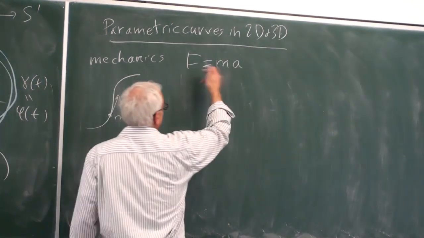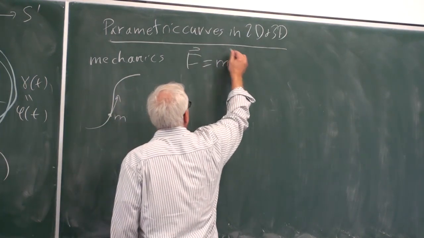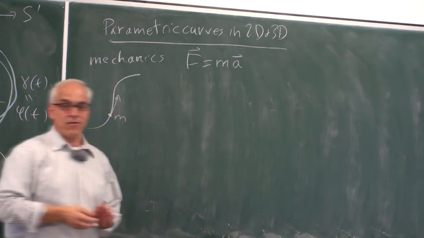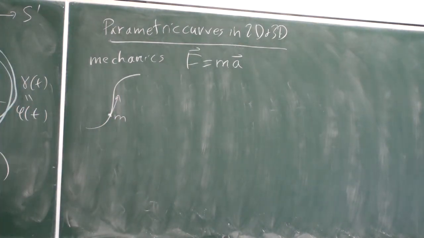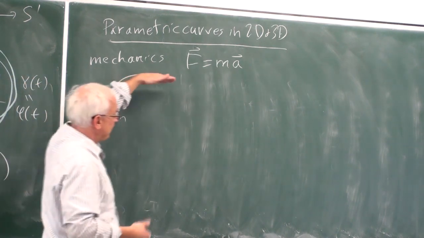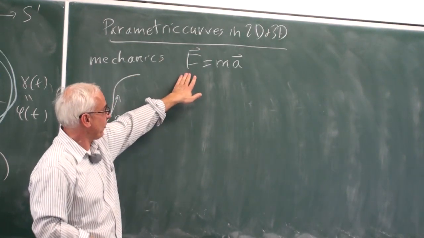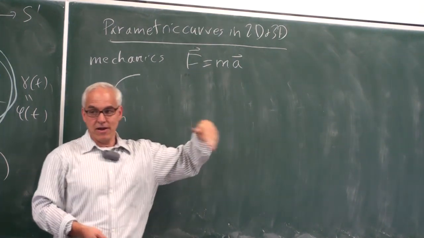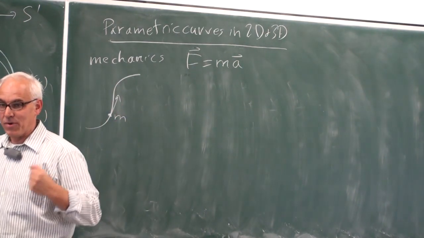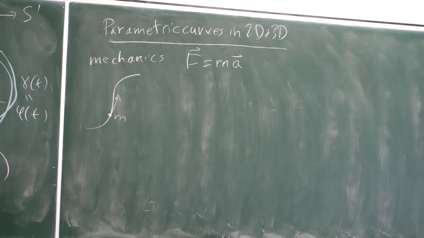So it's really a vector equation. It's often written like this, but we probably should think of it as a vector equation, where the acceleration and the force are both vector quantities in the plane, perhaps, or perhaps in three-dimensional space. So this is a basic driving formula for mechanics, because it tells us that if we know the forces, then we know the acceleration, and then if we know how to integrate, with some luck, we can calculate the velocity and then the position. So that's the basic strategy.